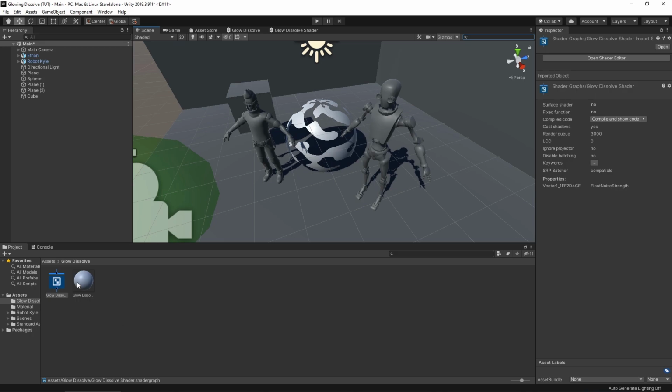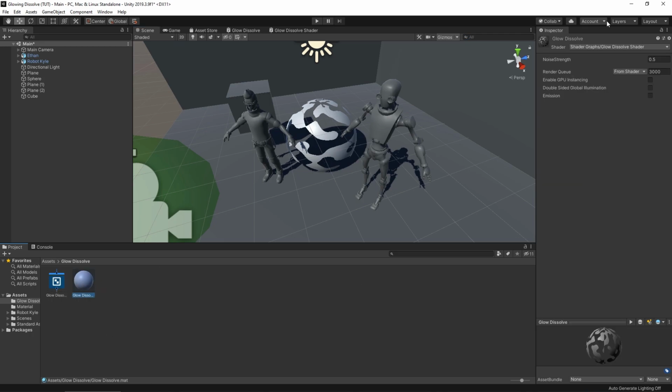we have our object. And if I go to my glow dissolve over here, you can see the strength is 0.5, but I can pull that down to 0, or I can put it up to 1, or to make sure everything completely disappears we have to go a little bit higher. So let's go to 1.25, say, we'll make it all completely disappear. But we're going to leave it at 0.5 for now, just so we can have a good look at what's happened. So we can control this now with this value. We can drag this up and down, as you can see, and make it squash in and out, which is